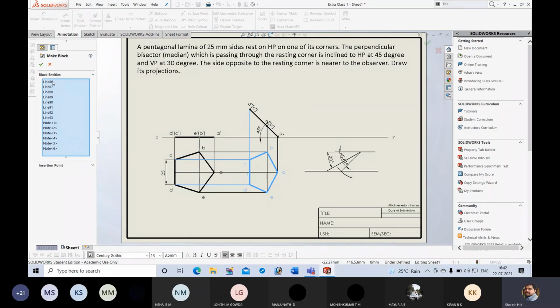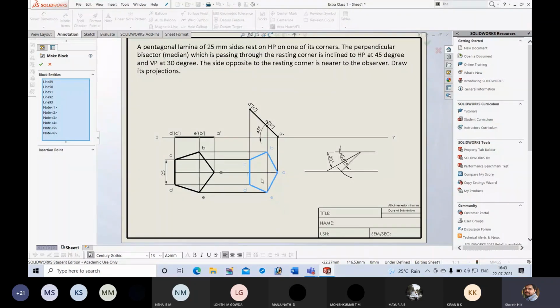For that, first click on line 86. Next press the control button of the keyboard. Next 87, 88. They will get highlighted. Now I will delete all three at once. Delete. So now I want only this much.